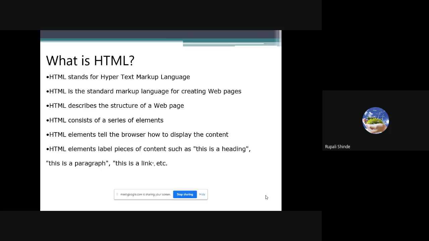And all these elements have some additional information or some additional facility. By using that, we can add additional decoration to the web page. We are going to see it, so it will be more clear to you.